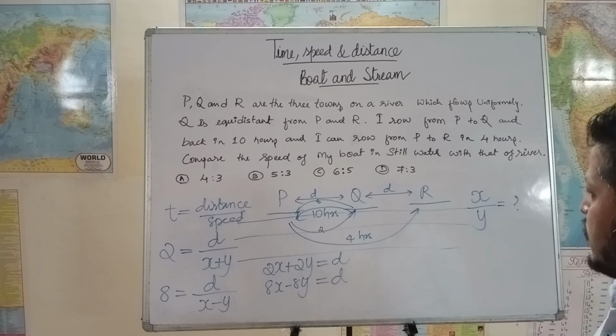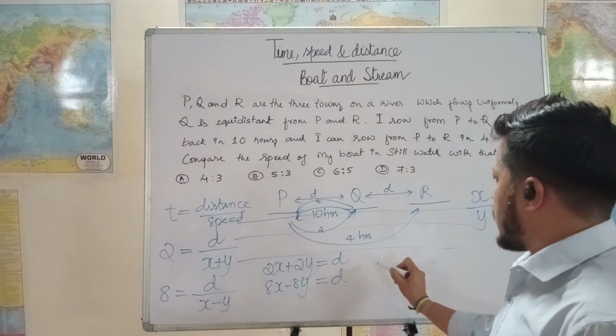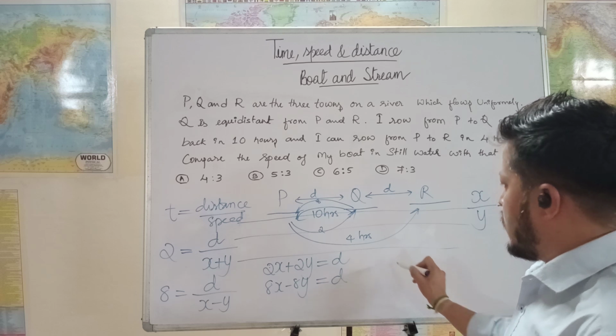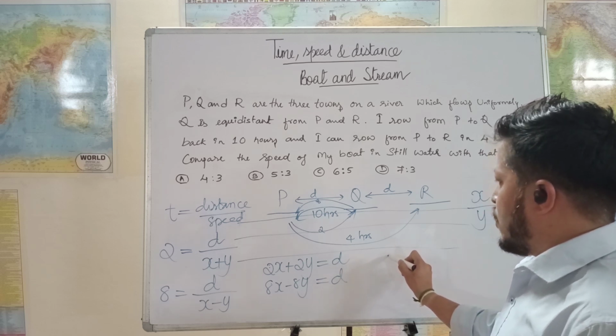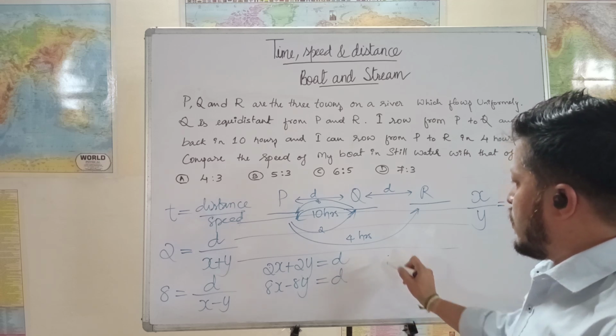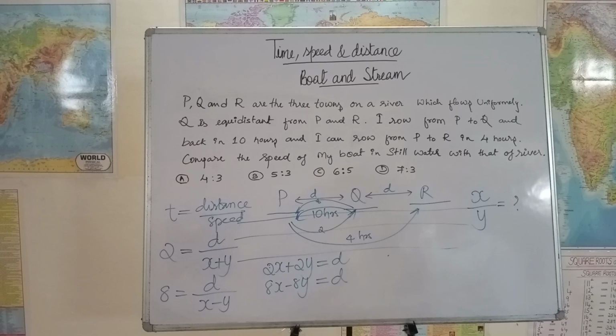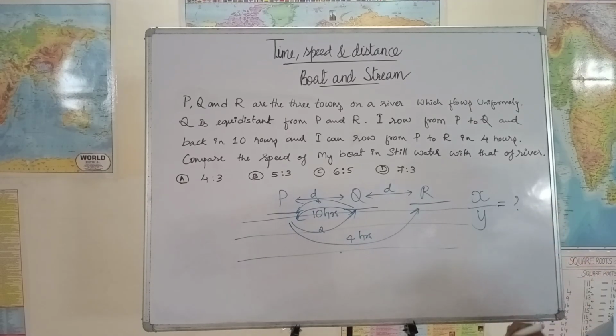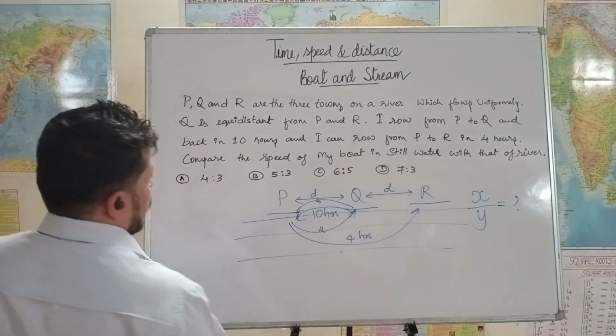Okay, let's say these two are equal. Let's negate one of them and see if we get the right answer here. Let's multiply the first one with 4, so we can negate one of them. But will that solve the purpose? Okay, now we have